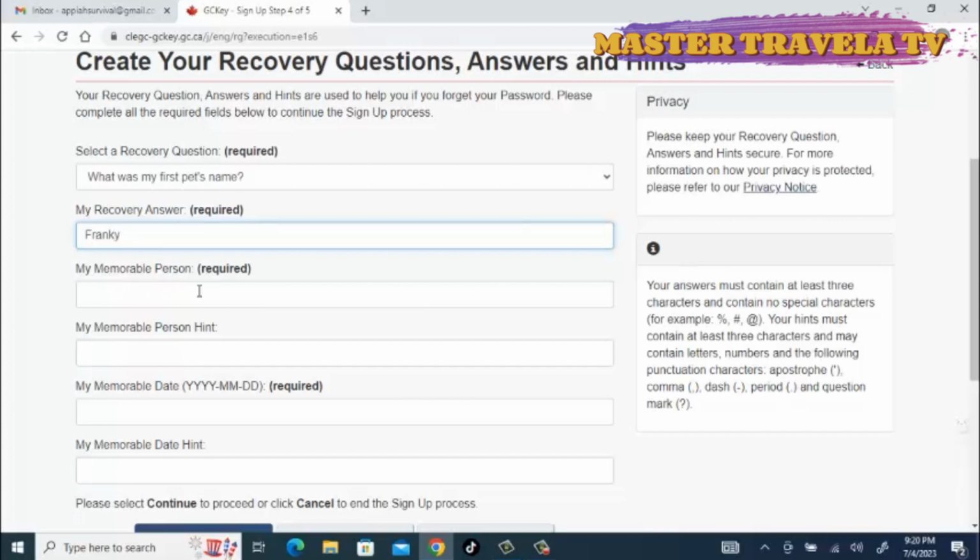Memorable person, hint, memorable date, remember the year first, then you come to the month, okay, and then the day, memorable date, hint,